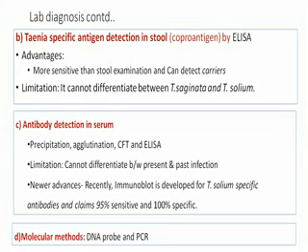Is there any advantage? No. We can identify whether a person is infected or immune to the Taenia infection or not. Then what is the limitation? We cannot differentiate between a present or past infection by doing precipitation, agglutination, complement fixation, and ELISA methods.